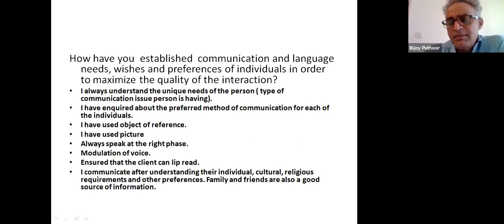So for example, if someone cannot really see, what you have done is, you have brought the object of reference. Object of reference means that if someone needs tea or coffee, you bring a tea jar and a coffee jar and a tea bag, and they will feel it, and then they will decide what to have. So object of reference can also be used when people cannot understand verbal communication, if they cannot see. So if someone cannot really hear you properly, you have lowered down to the person's eye level so they can listen to you. So you say that,